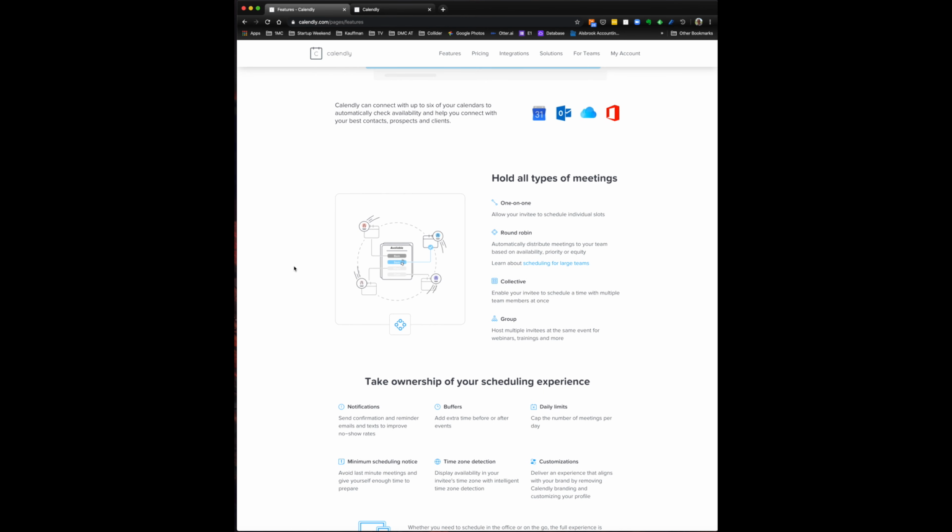Calendly gives you a lot of power, so think of it as a virtual assistant that's there to help you schedule meetings. The biggest use case I hear a lot from people is if you're going to schedule a meeting, say tomorrow, and someone sends you an email and says, let's meet tomorrow. Well, that's usually an opening invitation to say, oh, what time? I'm open between this and that time and this time. And this series of emails will go back and forth. I think I average about 3 to 4 emails with individuals back and forth, trying to find that perfect